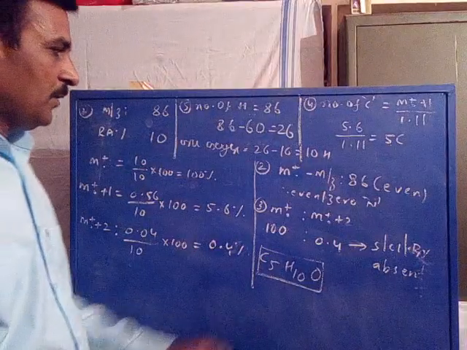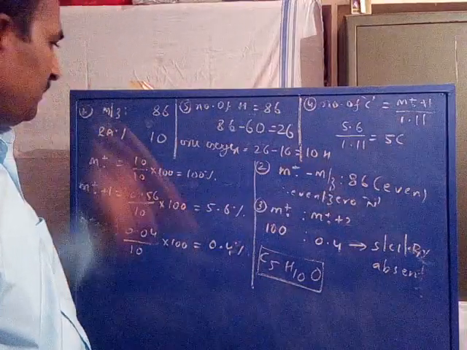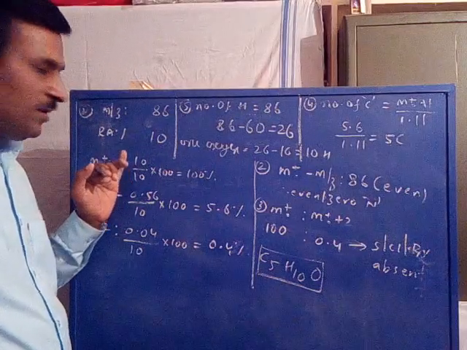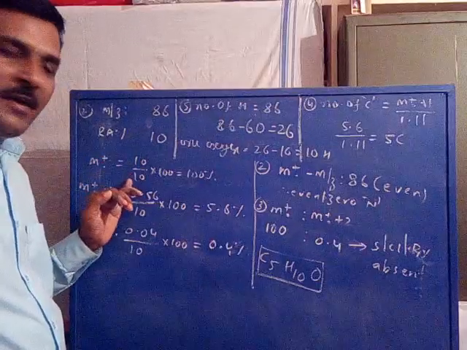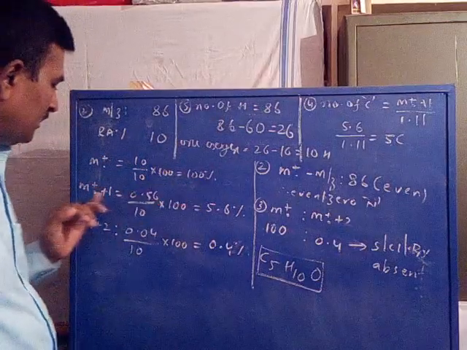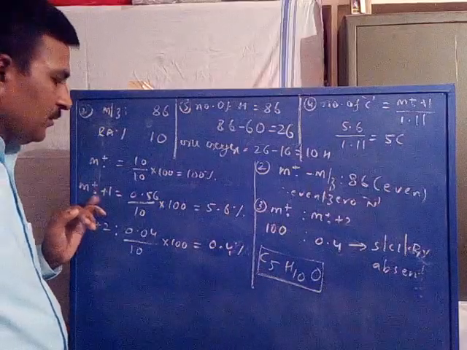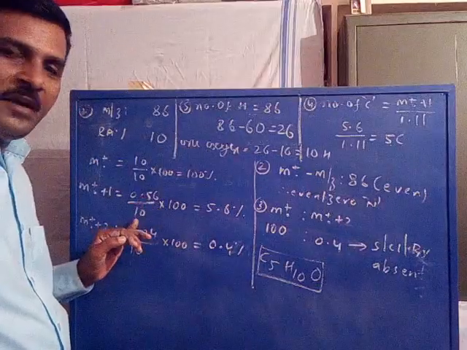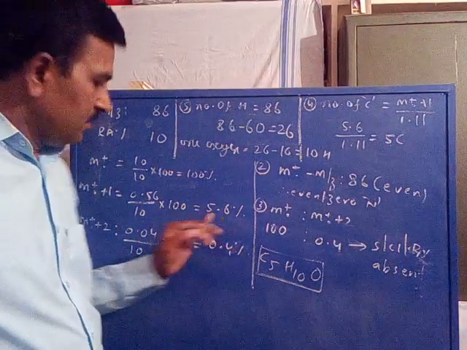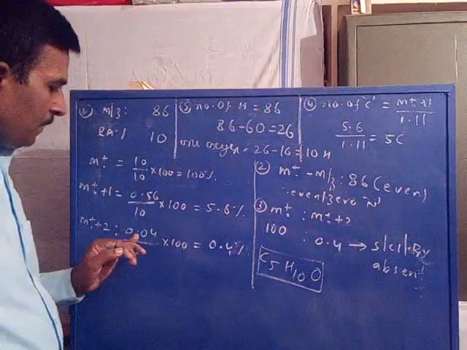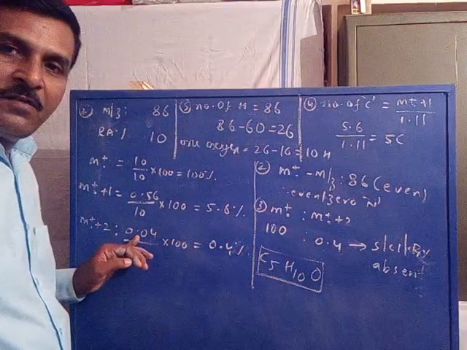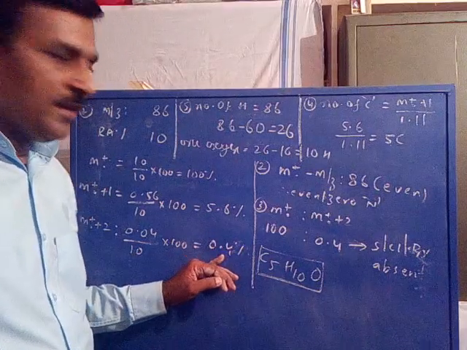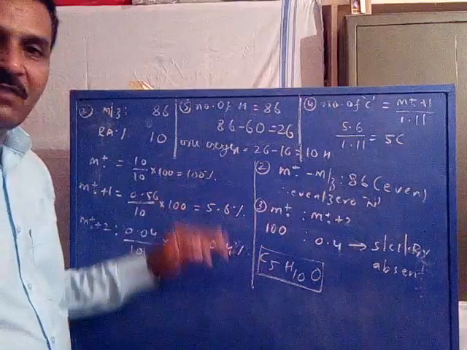So this is the way to calculate. Again, I can repeat. First, the molecular ion signal intensity is not 100%. This is only 10%. Therefore, 10 divided by 10 into 100, it becomes 100%. Now, +1 signal intensity recalculation: 0.56 original intensity divided by molecular ion signal intensity, 0.56 divided by 10 into 100, it becomes 5.6. Now, +2 signal intensity, 0.04 its original intensity obtained from the spectrum divided by molecular ion signal intensity into 100, it becomes 0.4%. This is the first guideline.